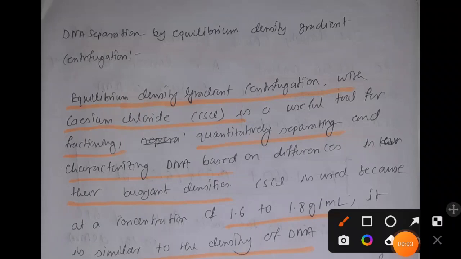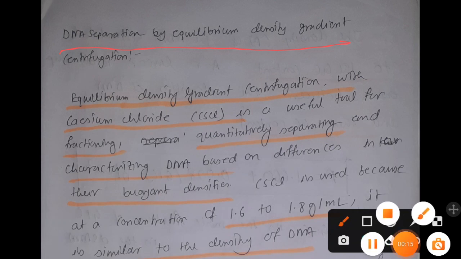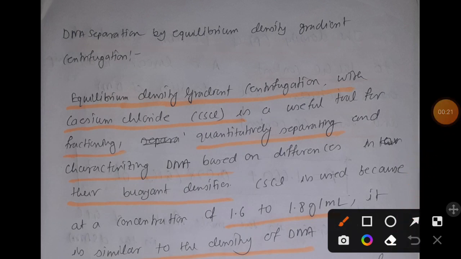So welcome back, guys. Today we are going to discuss a topic that we have not discussed earlier, that is DNA separation by equilibrium density gradient centrifugation. It is nothing but an application of the isopycnic centrifugation that we have discussed earlier. Here again we are constructing a gradient of density, and the density will increase from the top to bottom. The thing that we are using to create the density gradient is CsCl, that is cesium